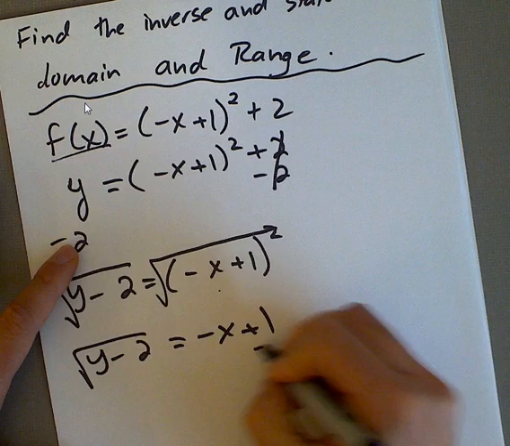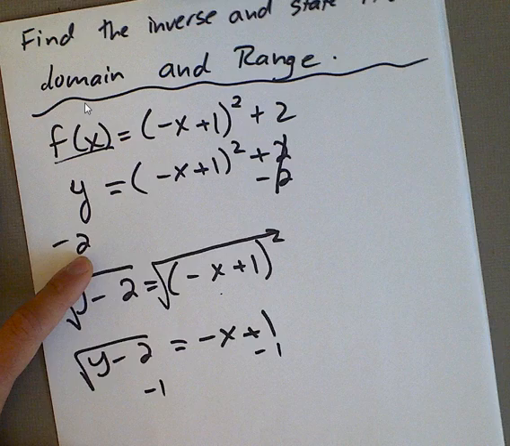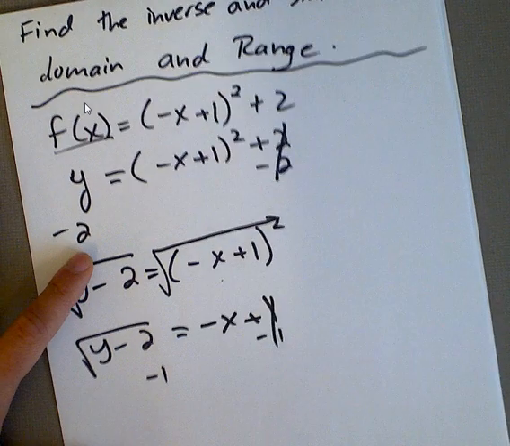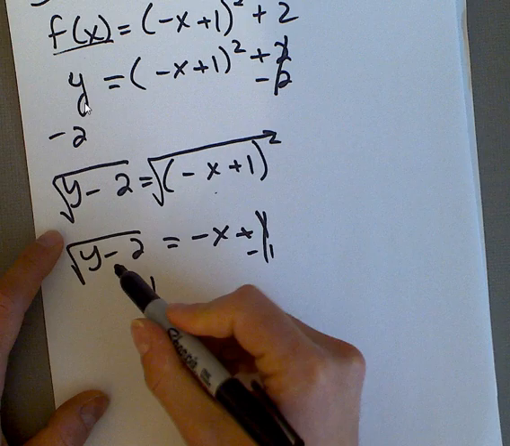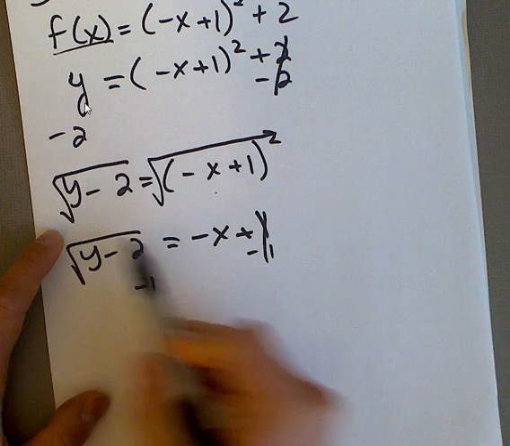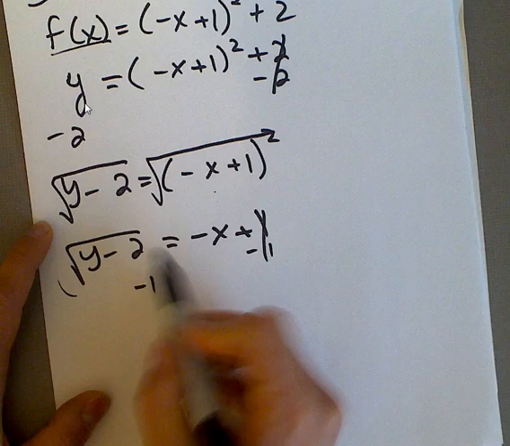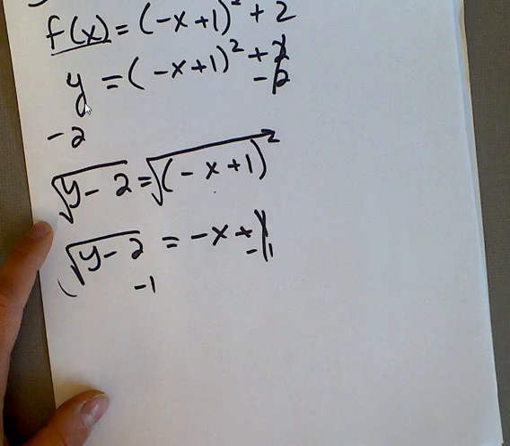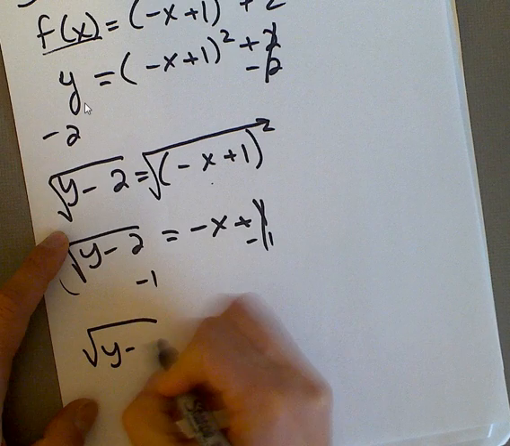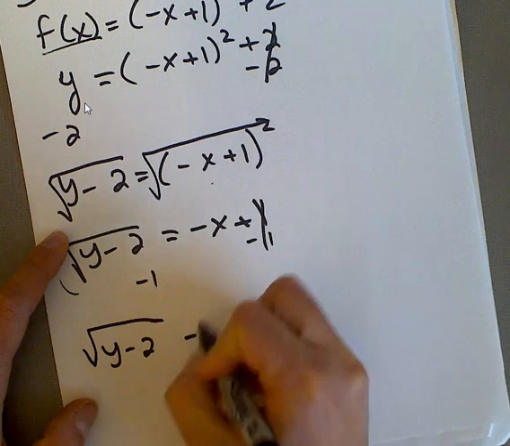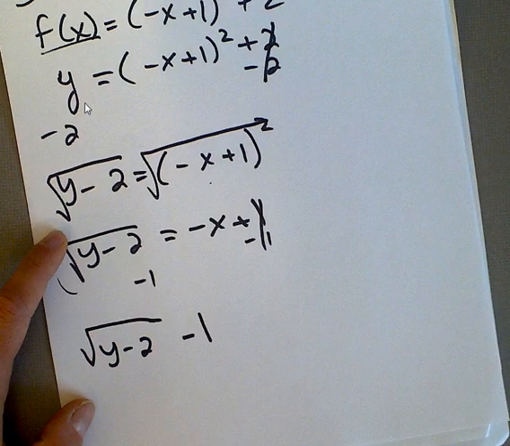So now let's subtract 1 and subtract 1 from the right side. And it's important to know that you can't just take negative 2 minus 1, because this is inside the square root and this is going to go outside of the square root. So we're going to rewrite the left side as the square root of y minus 2 and then minus 1 on the outside